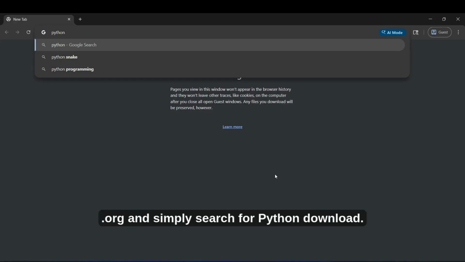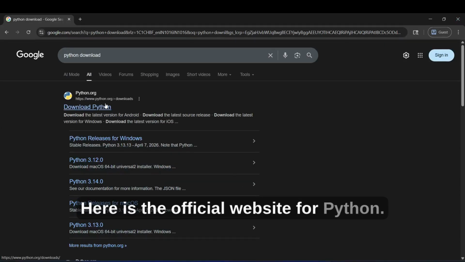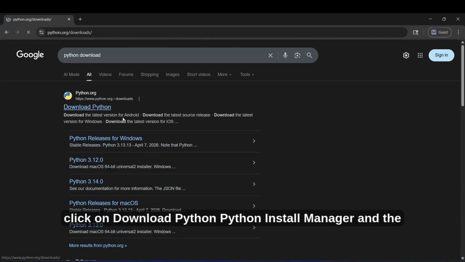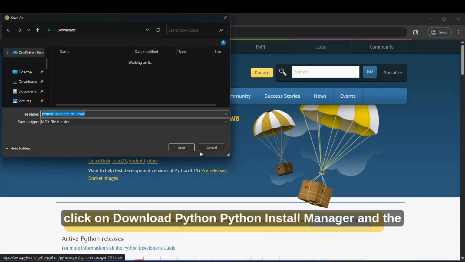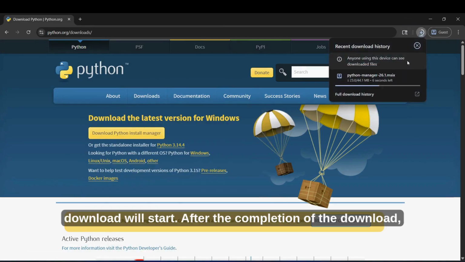python.org, और सिंपल अगर हम पाइथन डाउनलोड सर्च करें, so here the official website for Python, www.python.org. Simply click on download Python install manager and ये डाउनलोड स्टार्ट हो जाएगा. So after completion of download,